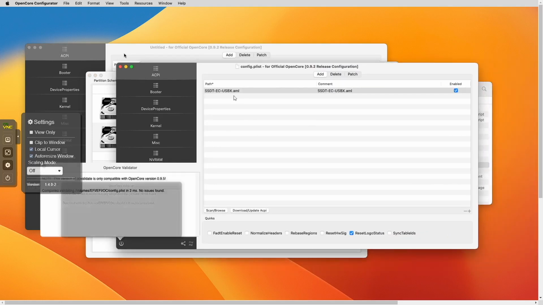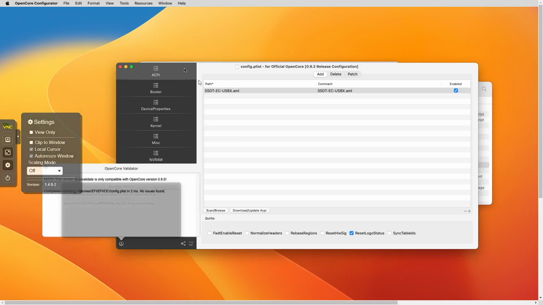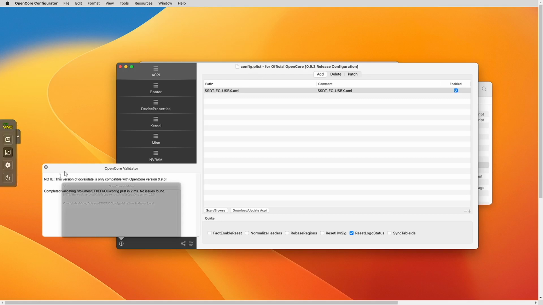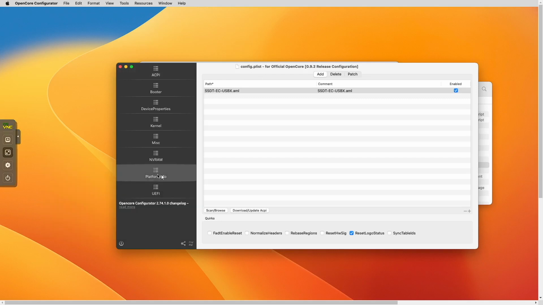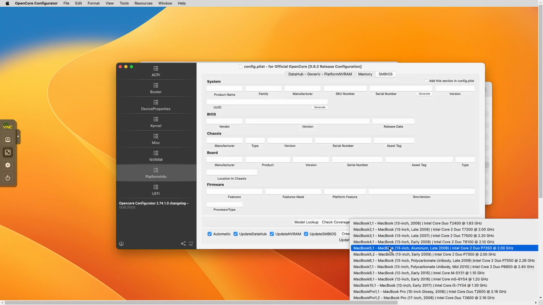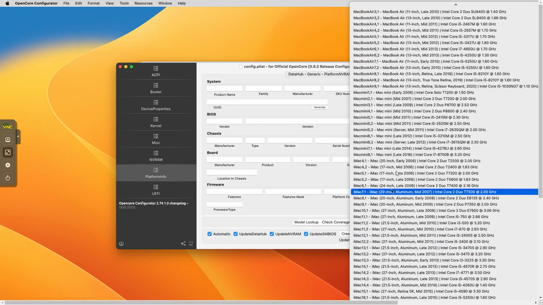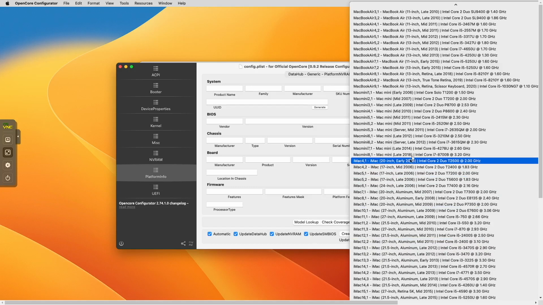It'll then bring up another OpenCore Configurator. To not get confused, just close the others. Once you've got all that sorted, you'll receive a window like this that'll say config.plist at the top. If we then go to platform info, we can scroll down and choose whatever Mac model we want. So for this example, I'm going to choose a